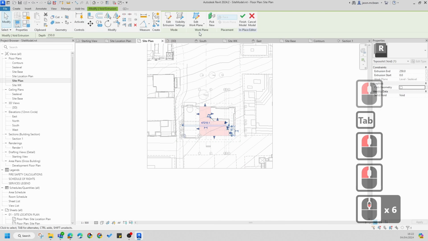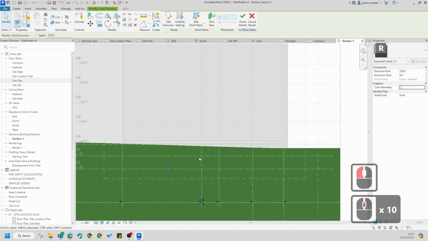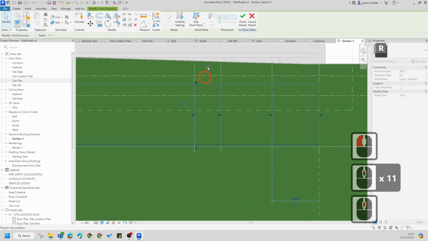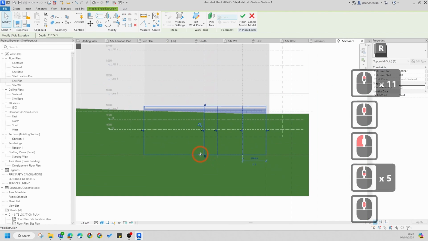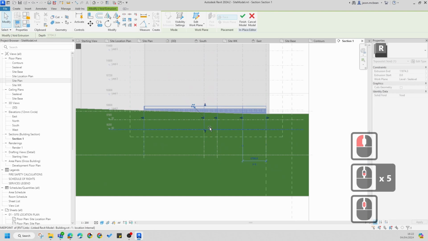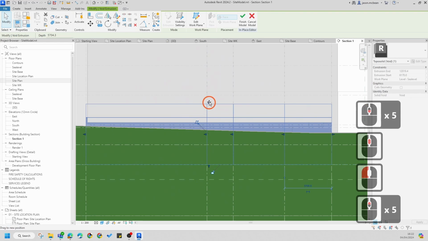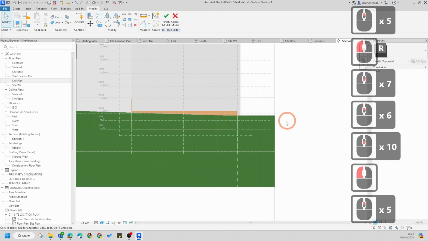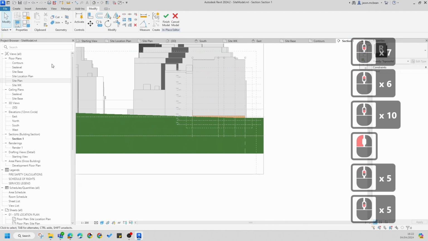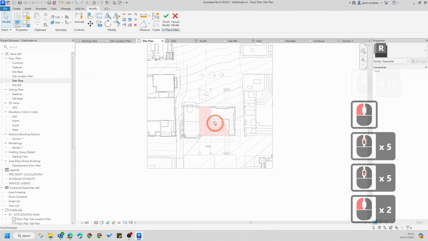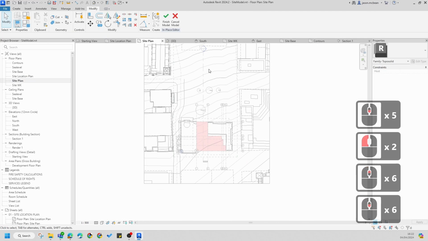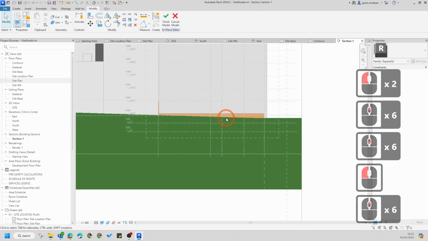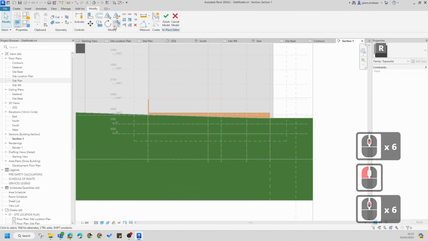Okay, so now if I go to my section, in theory, section 1, let's pull this up. I'm going to lock this to this level, like that, and I'm going to lock this just above to there. For now I'm not going to pin anything. Now let's go to site plan and see where that section is happening. It's happening through my building. Okay, good. So now I need to go to cut